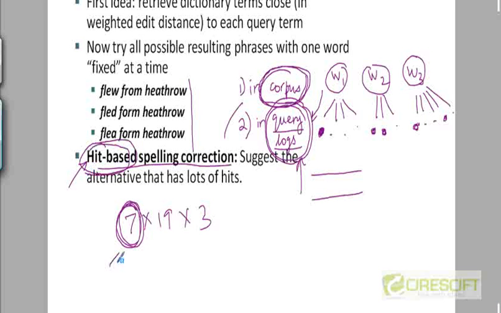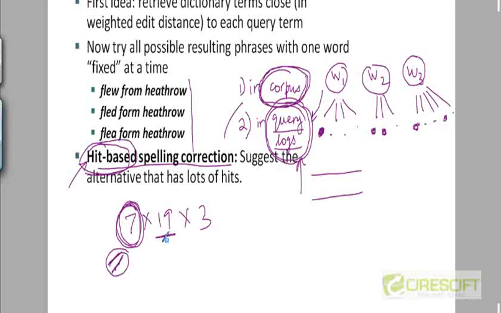Okay, so among these 7, maybe one or two of them have a much larger number of hits than the other 4 or 5 alternatives. So you'll just choose those, and then you will combine these one or two with these 19,